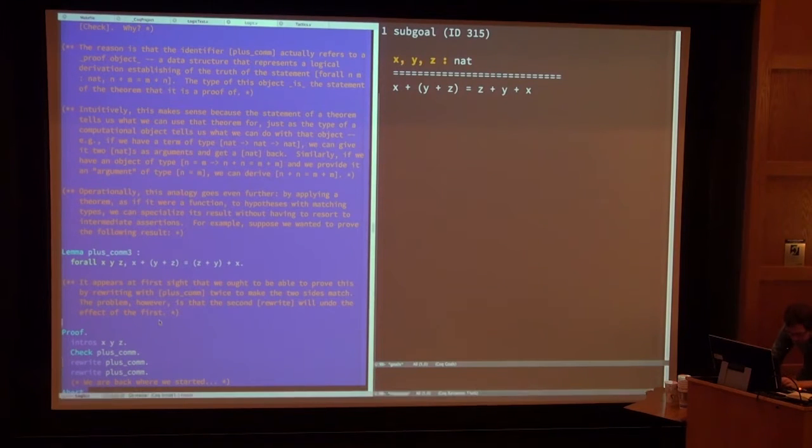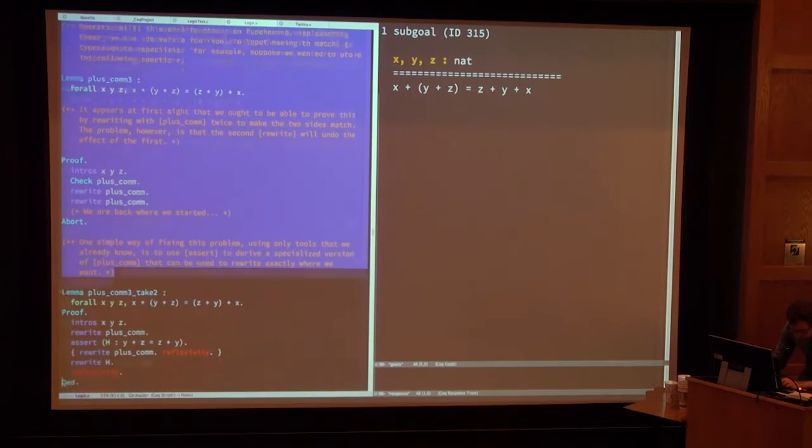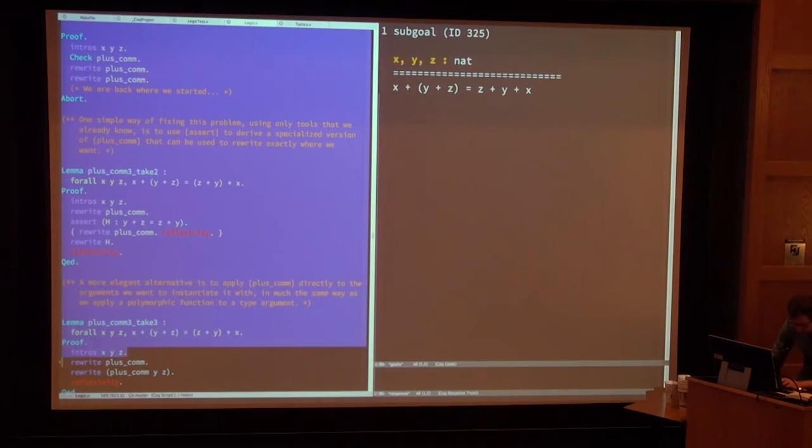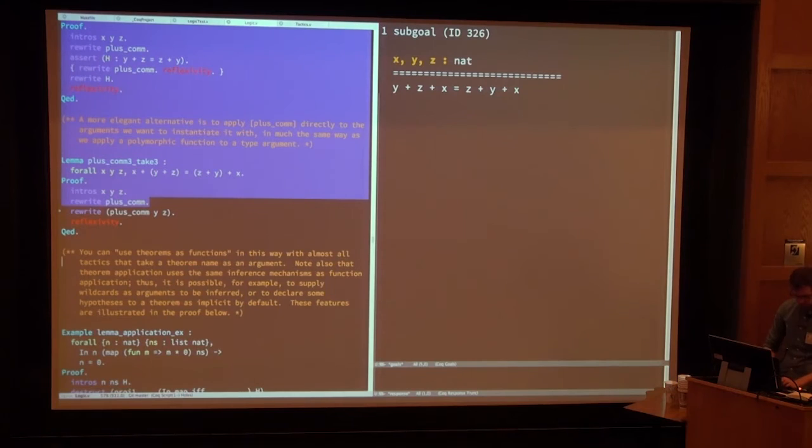Oops. So here we go, take 2. So intros plus com. Okay, here we are. If you look down here at the rewrite lemma, now we're going to explicitly tell Coq that I want to use y for the first argument to this lemma and z for the second argument to this lemma. Now, make sure I get this right. Yep. Now, when you do the rewrite, it's going to swap the y and z at the front, as you would expect. And now we have precisely the same expression on either side of the equality,